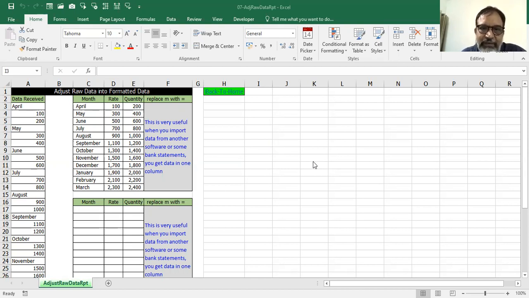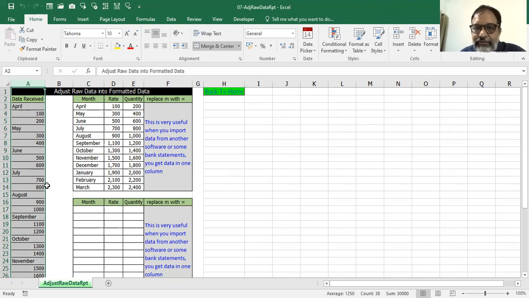One simple example I have taken here for your reference, so that you can get the complete idea and see how you can use logically the things which are coming in a different format, when you are exporting from text format to your format. In my first column, this is the data which I have received from any software or from a bank, wherever you are getting your inputs.